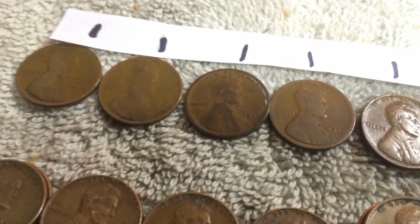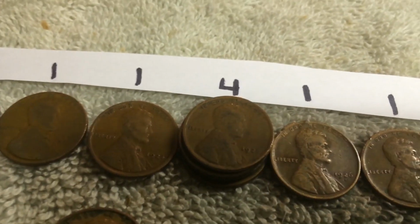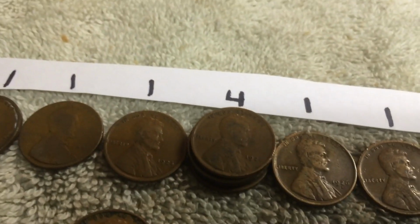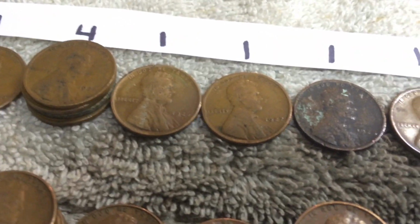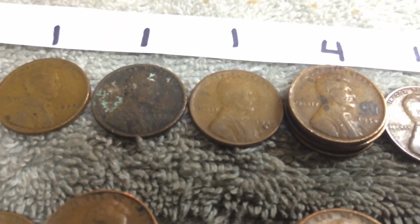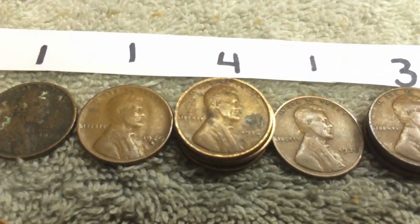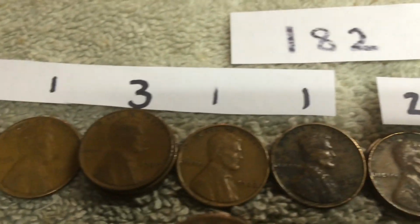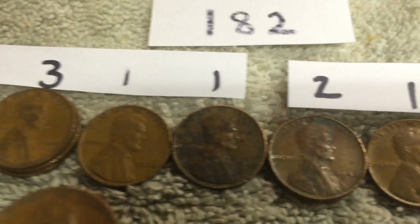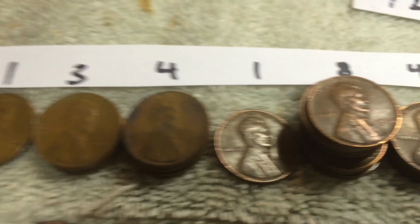We have a 1917 S, 1920 plain, 1923, 4 1926, which was really weird, and some of them are in really good condition. 1926 Denver, 1927, 1929, 1929 S, 4 1934s. We find a lot of 1934s. A 1935, 3 1937 plains, a 1938, a 1939, 2 1940s, a 1940 S, 3 1941 plains, 4 1942 plains, a